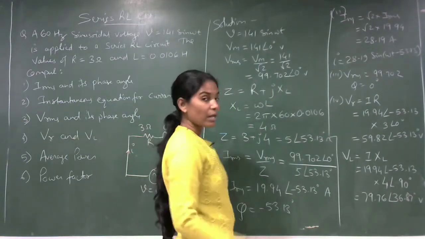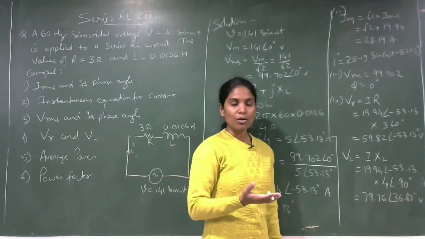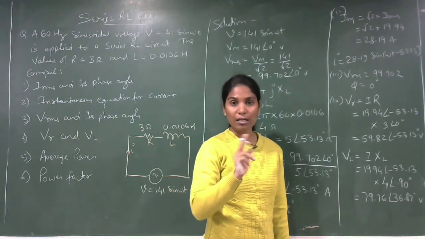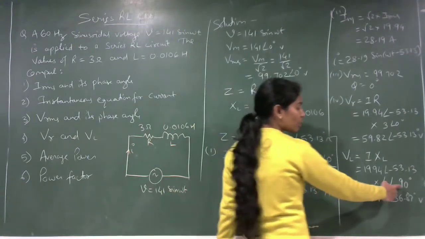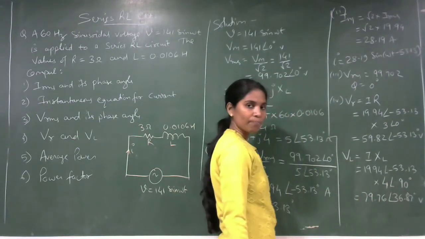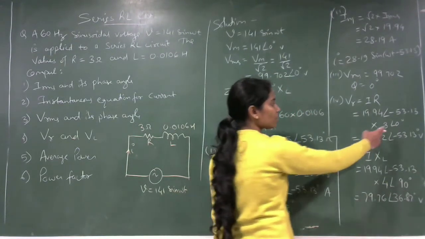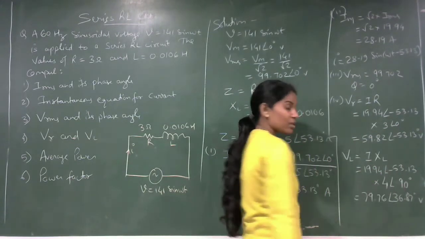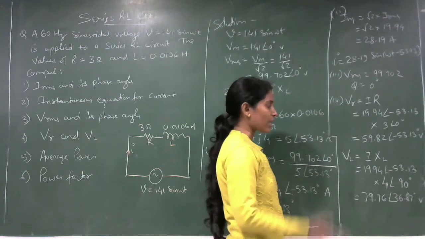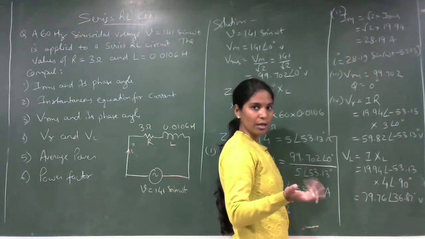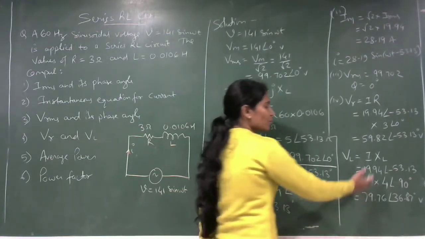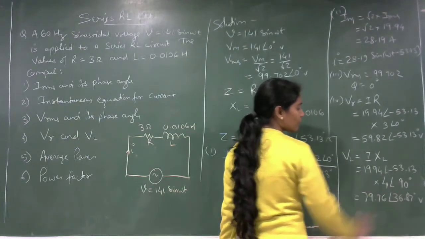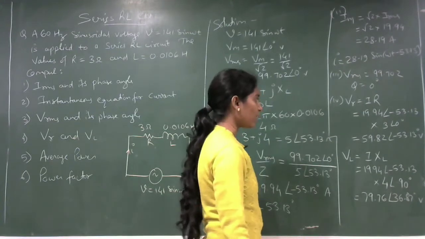Okay, and we know that XL means inductive nature. So it will have the plus J operator term, and J gives the plus 90 degree of phase shift. So you have to include that 90 degree also. Just remember, if you have resistance, then angle will be 0 degree. If you have inductance, then XL will have plus 90 degree angle. If XC is there, then minus 90 degree. So when you go for the solution, you are getting this value. So this is the magnitude with this phase angle. So this is about VR and VL.